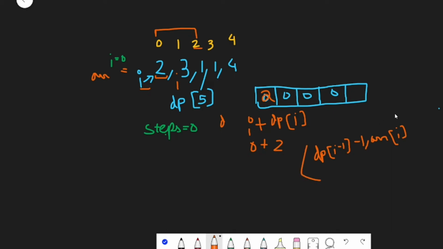Then we find the maximum of these. If you subtract 2 by 1 and find the maximum between 1 and 3, it is 3. So we need to update dp of 1 to 3.